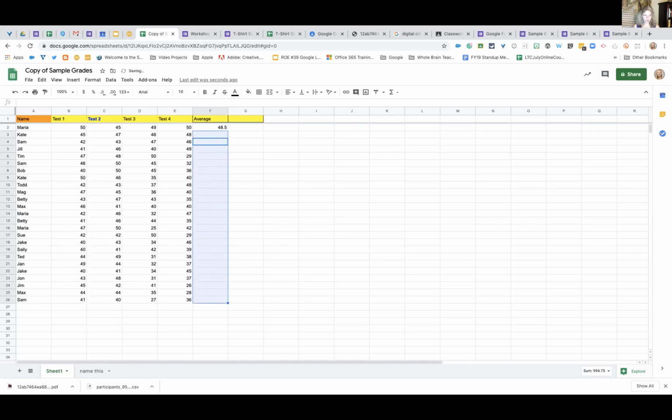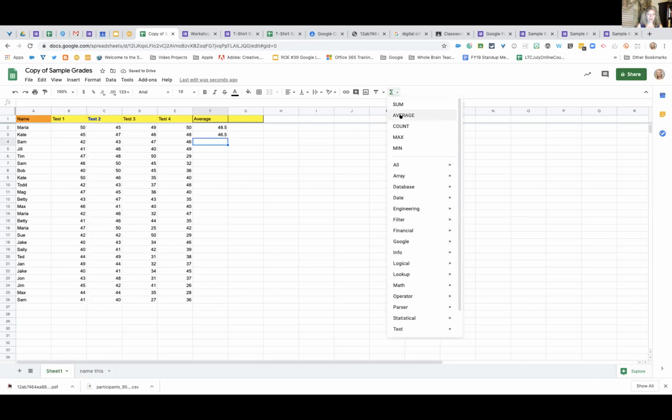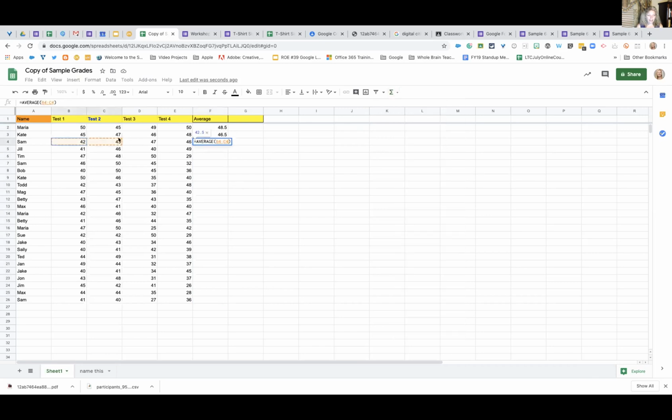Another way to do this, so, if I went to the function tool, what I could do, I can highlight all of this information here, and then I go up here and I want to put average. It'll put it in the next column over, in F3, and it does it for me. I didn't even have to put in the formula. So there's, again, multiple ways to do this. Again, I'm going up here to average. I can highlight this and it puts it in what I want and hit enter. But again, as soon as you do it one time, just click the fill handle and voila,